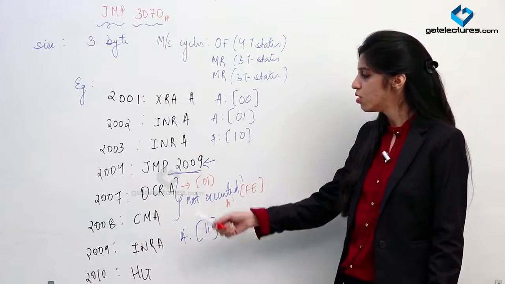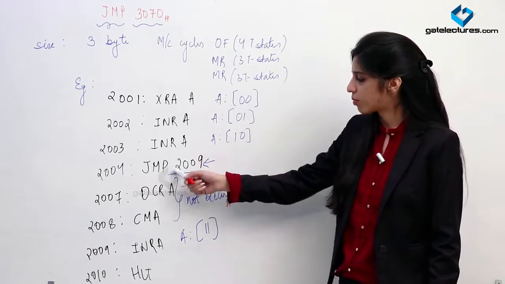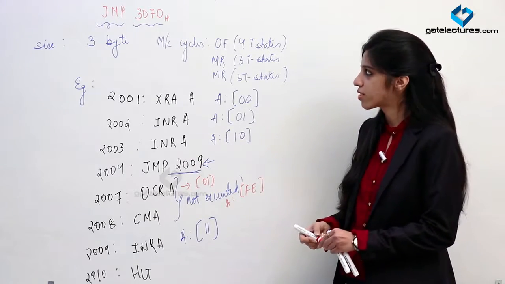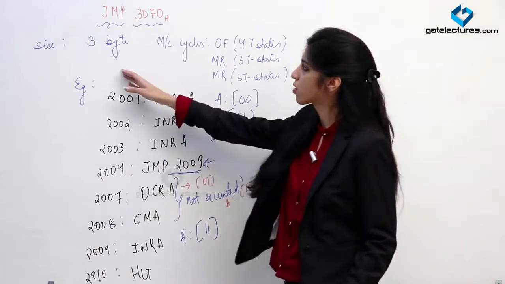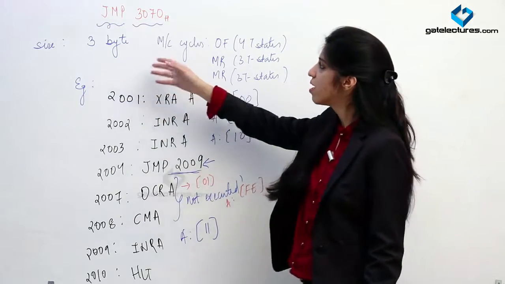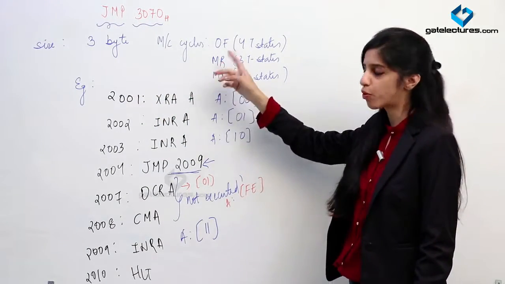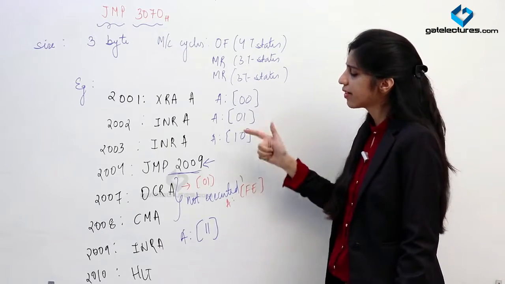You are going to jump finally to the value given by this address. So this is what is happening in unconditional jump. It is a 3-byte long instruction. Size of this instruction is 3 bytes and it has 3 machine cycles: opcode fetch and 2 memory reads. Then we have